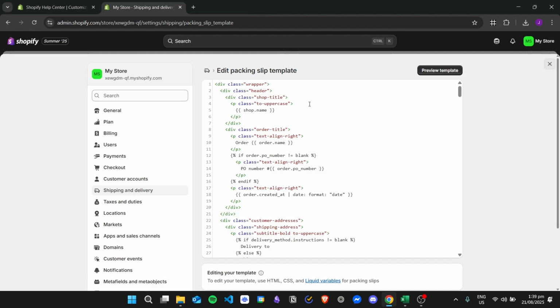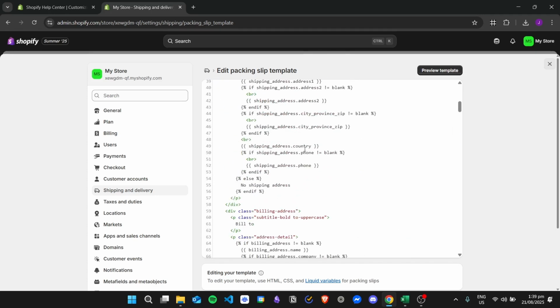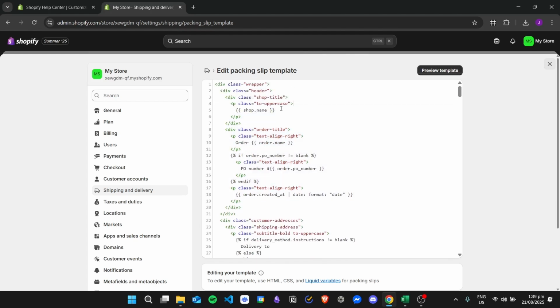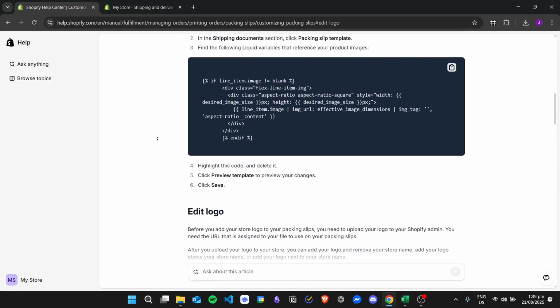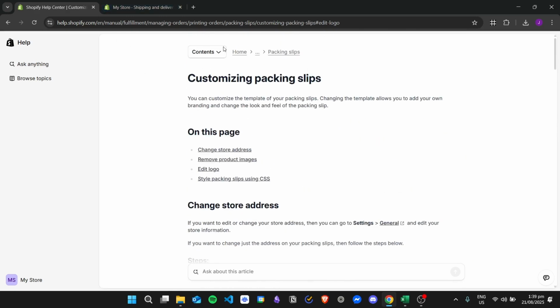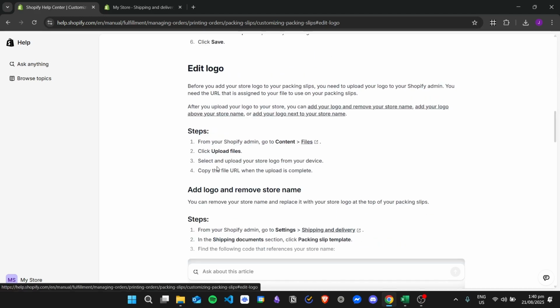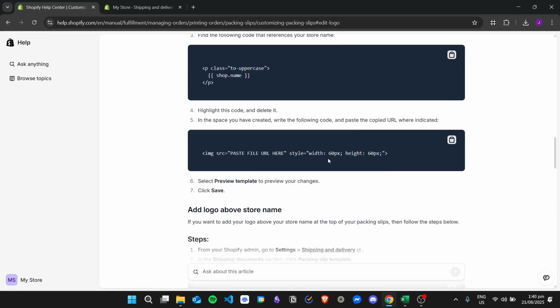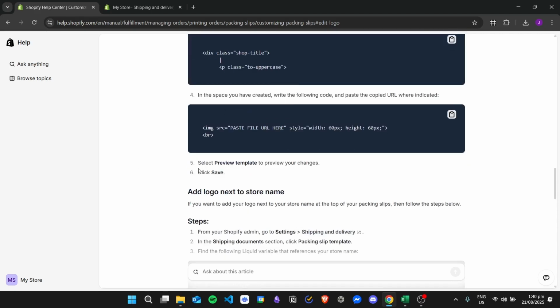So let's just close this one, and then in order to change the packing slip template, you just need to edit this code right here. But Shopify also has a manual on how to edit the logo. So just go to this link right here to go to the Shopify manual to customize the packing slips. And then on this page, we will click on edit logo, since that's what we need to do for our packing slip template. And then it also has some instructions right here for you to follow on how to change the logo